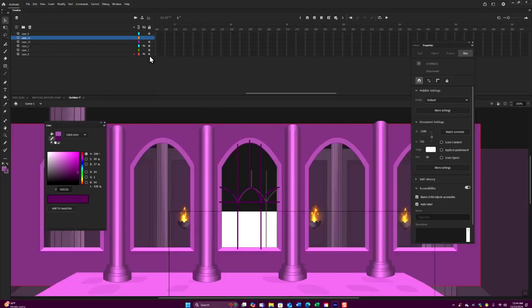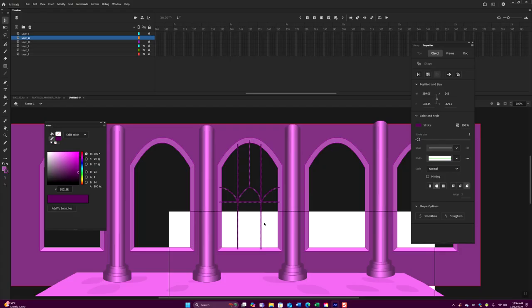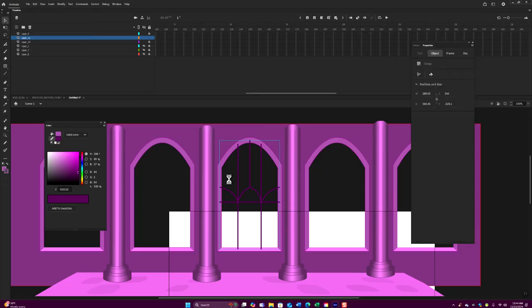And there I have my bars. So if I turn that off, there are my bars, roughly. Okay. Maybe I move them like this. All right. So now that I got that, I Control G, I copy, and I paste in place,